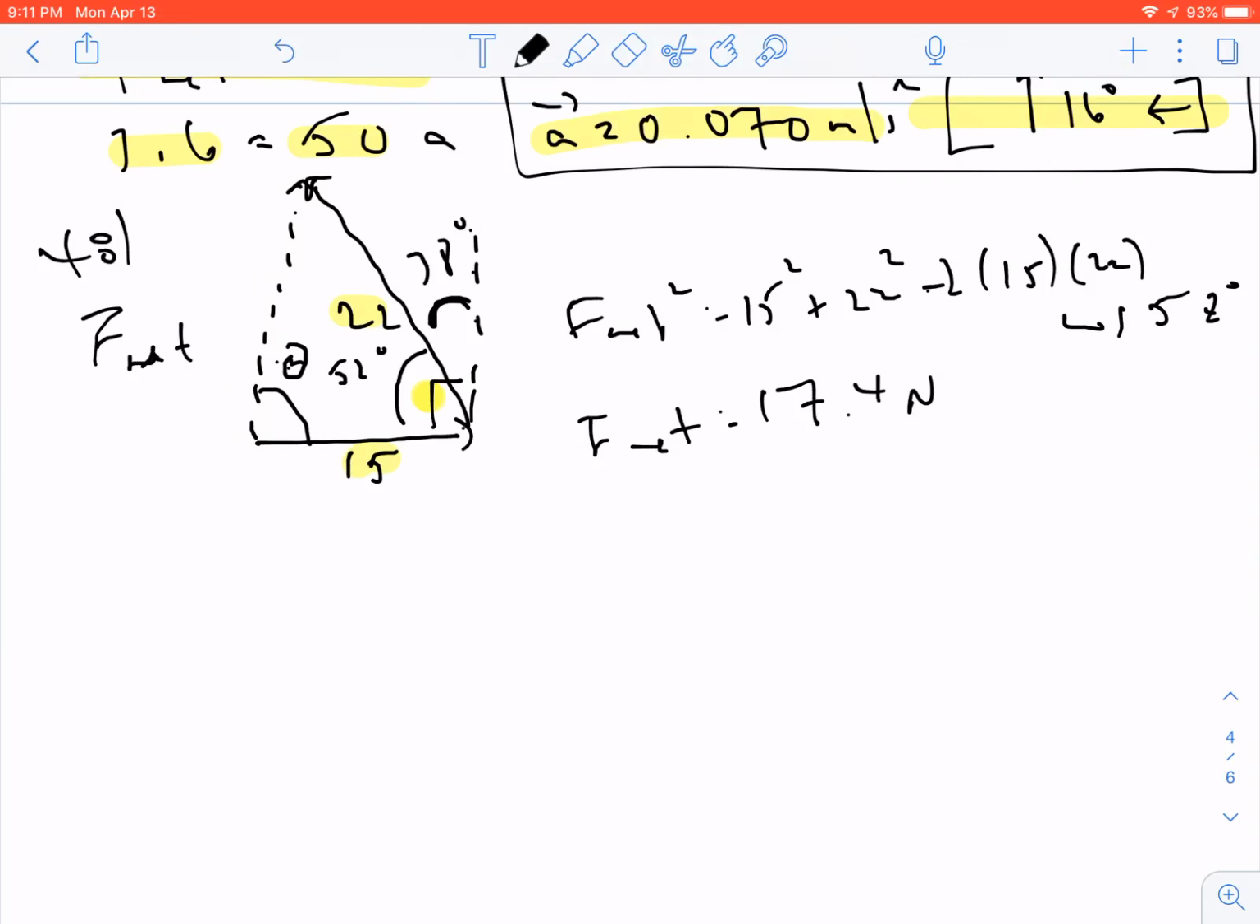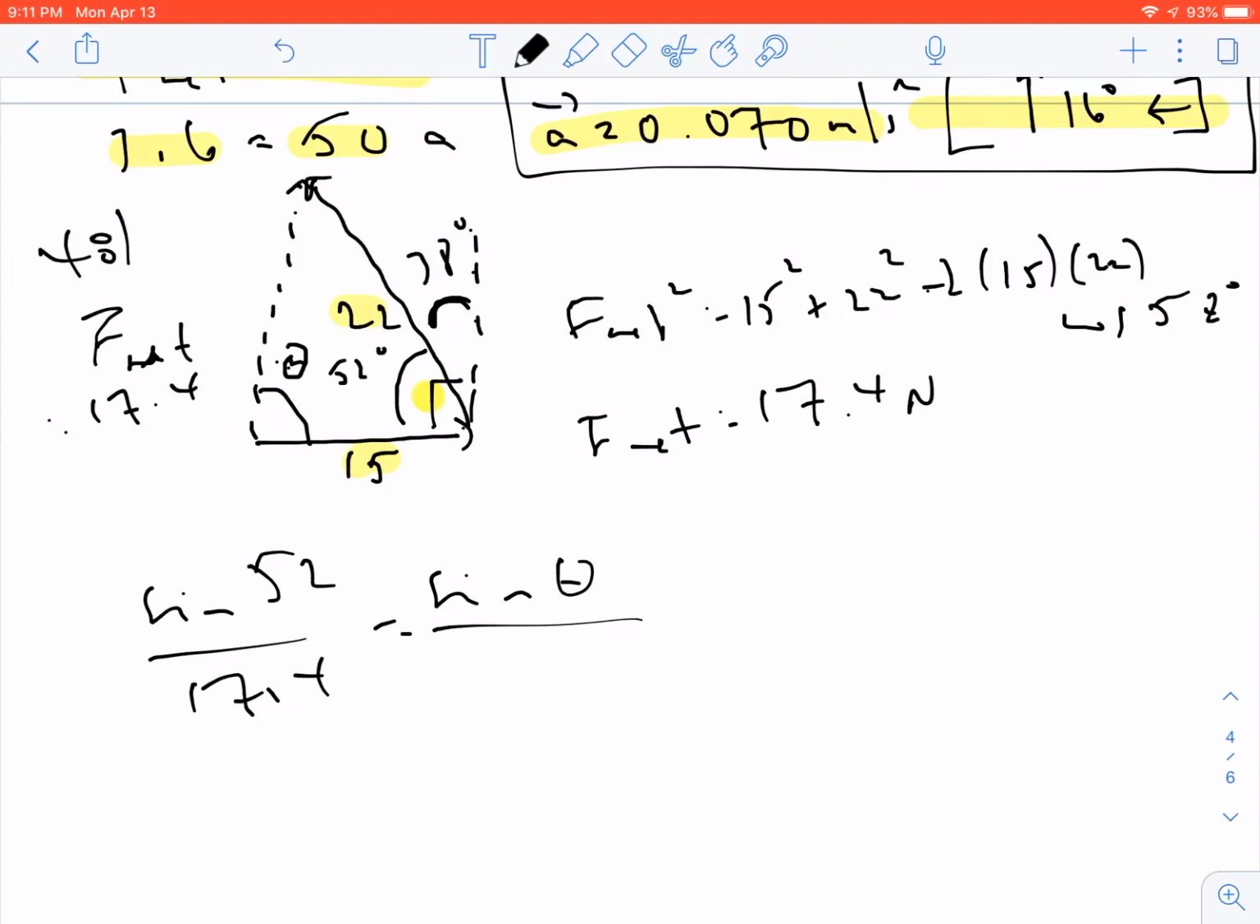Now to do that, I'm going to use my sine law. So I know one angle, which is the 52, and I know its opposite side, which is now 17.4. So the sine of 52 divided by its opposite side, 17.4 newtons, is equal to the sine of the angle that I'm looking for, theta, divided by its opposite side, which is 22 newtons. And if I do that, I'm getting an angle theta, which is equal to